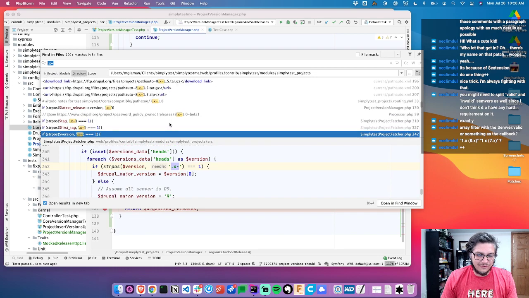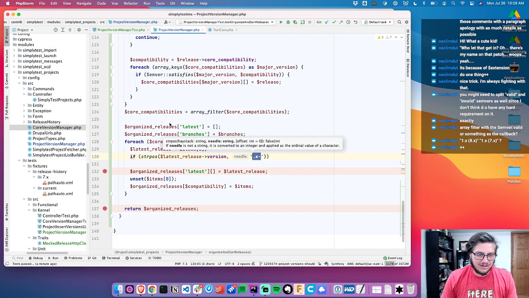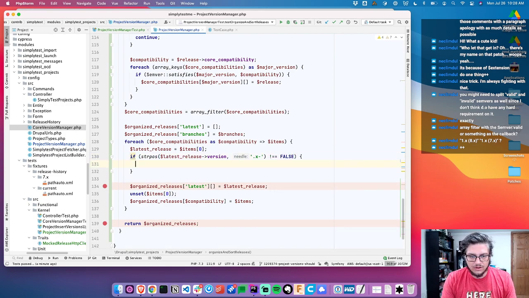And the fetcher, yeah, I think this is about as standard as we can get. So if this is not equal to false, we'll do